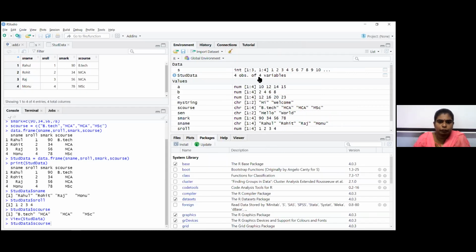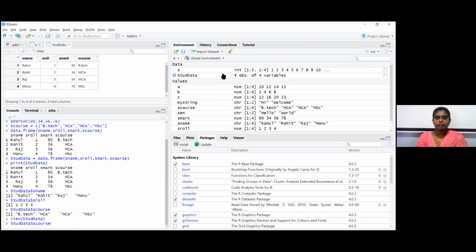So when you see the environment, you can see that the stored data is listed under the data, and it is saying 4 observations of 4 variables. What do you mean by observations? Observations are nothing but the 4 rows, and variables are nothing but the columns. So it is not saying row and column, rather it is saying 4 observations of 4 variables. Are you getting it?